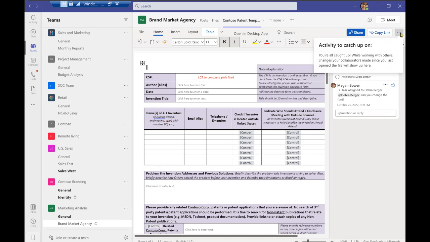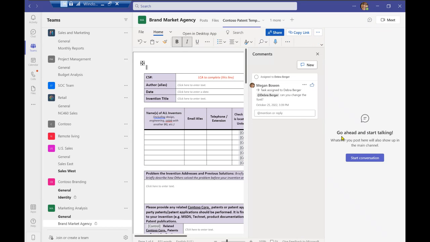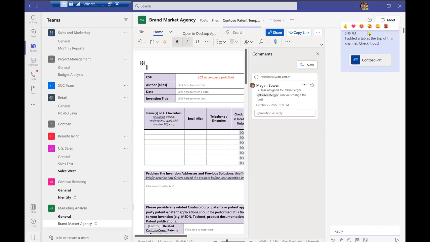Now, one last feature I want to display when collaborating on this document is selecting this tab conversation. When you do select the tab conversation and you go ahead and start a conversation over here, you'll see that that tab that you had created before with the document, or excuse me, that post that you had created before with the document, that conversation will thread at that bottom right over there. So I can ask everyone.